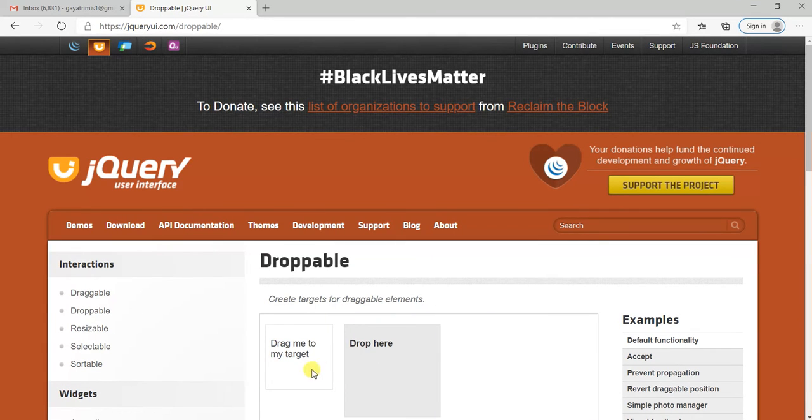Yes, here one draggable item is there, one droppable item is there, so we can just try to drag the item and drop it over here. To automate this test case, we are going to write the script now. This operation can be achieved by using actions class.